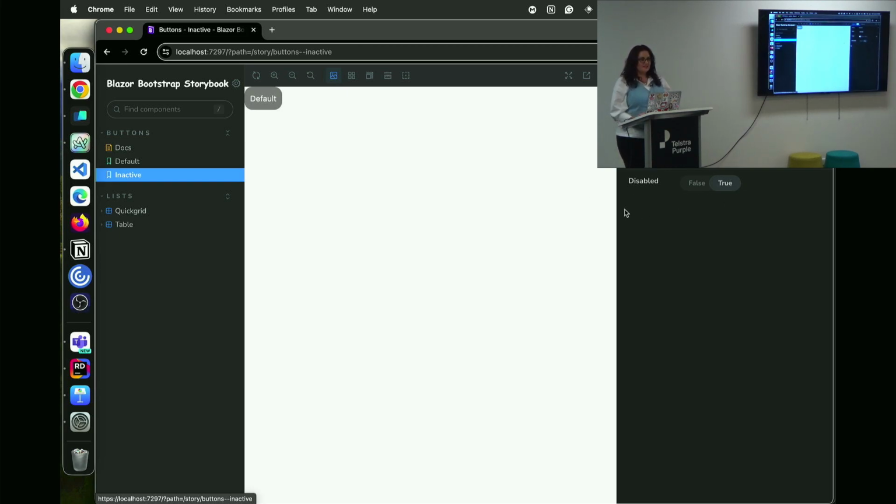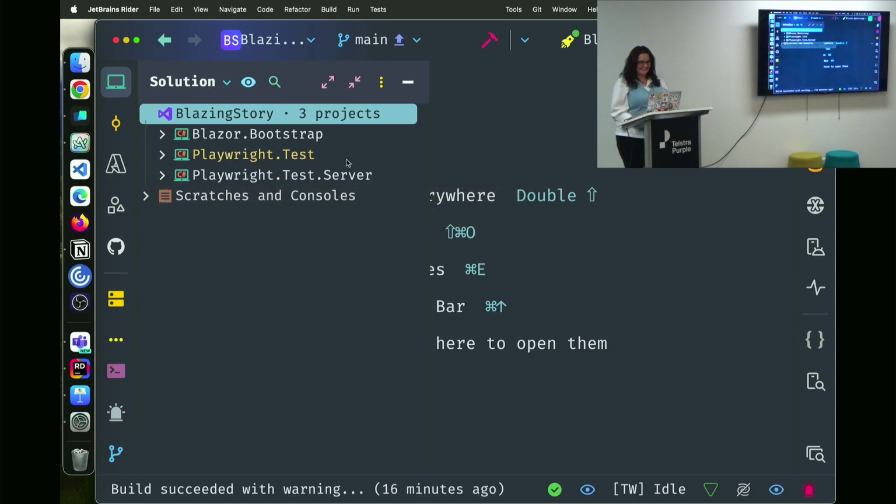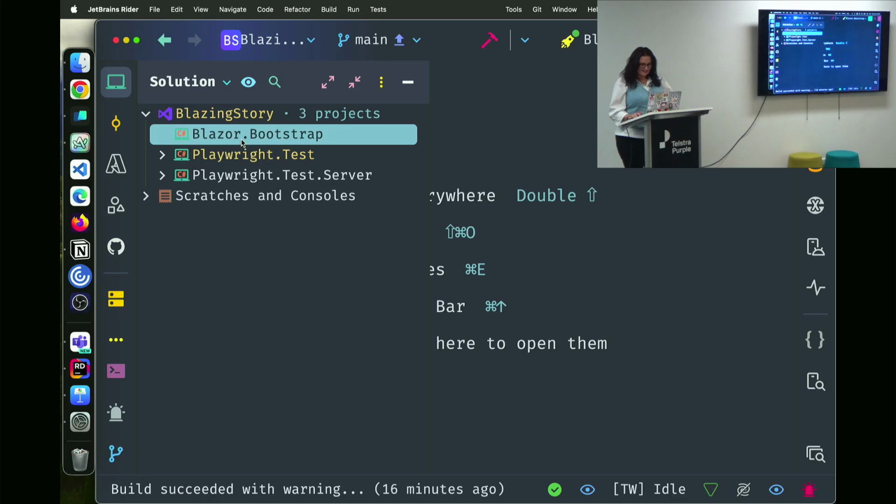So that's interesting, right? But how does it work? How is it actually all stitched together? So let's have a look at the code. That is very big, but you're not going to miss a thing. So I'm going to start